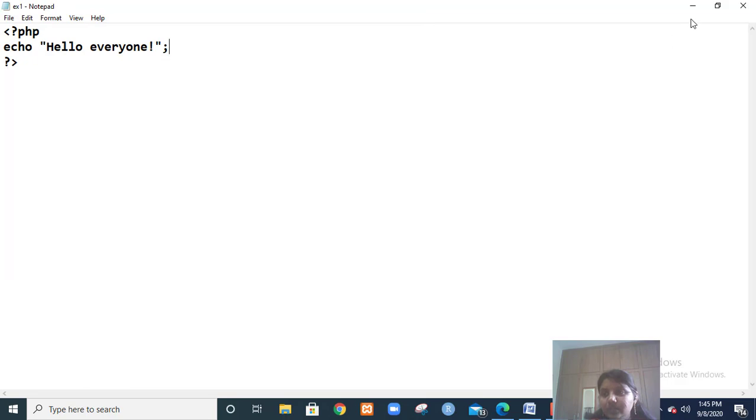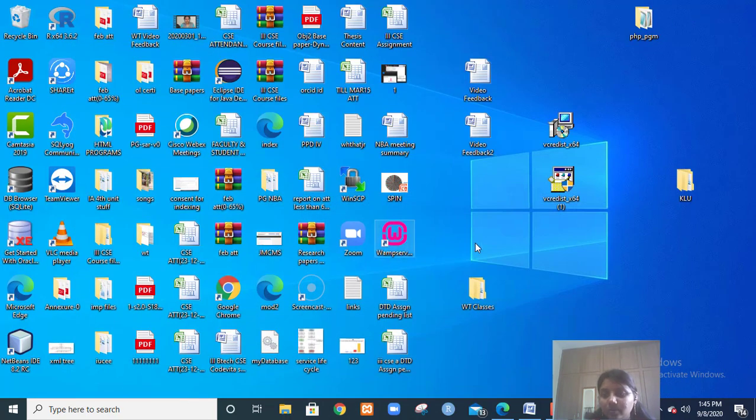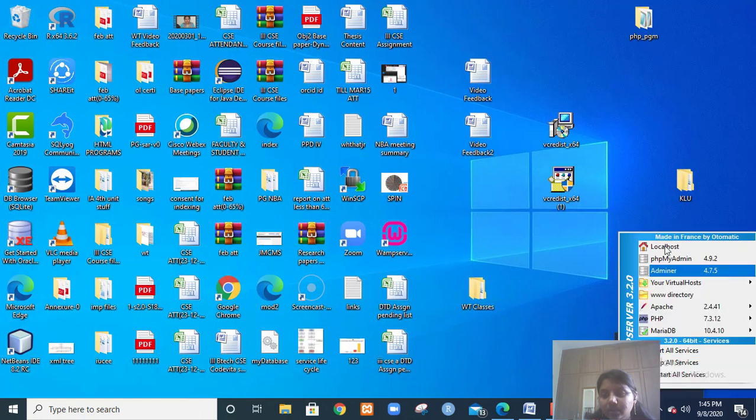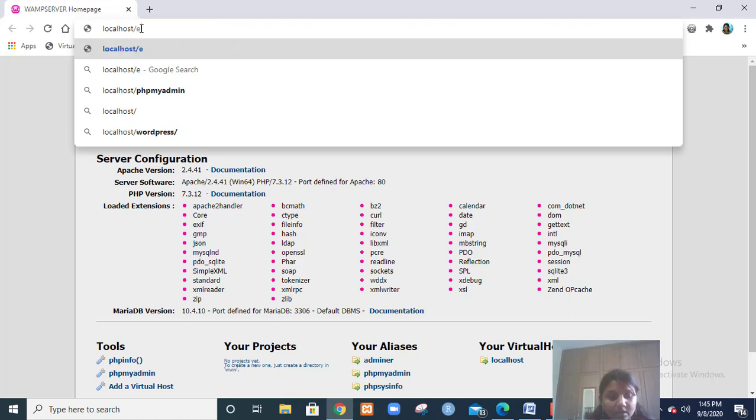Now you have to execute the program. Execution also has a separate process. Once you start your WAMP server, you will have a green icon. Go to the green icon and click on localhost. So this is the home page. Here, what you'll do after this, you just type ex, whatever file name you have saved, that name you have to give here.